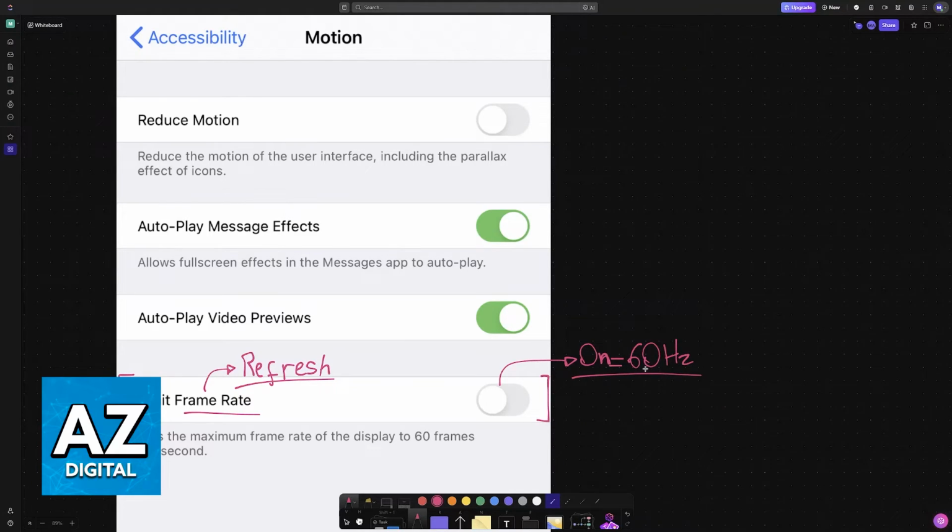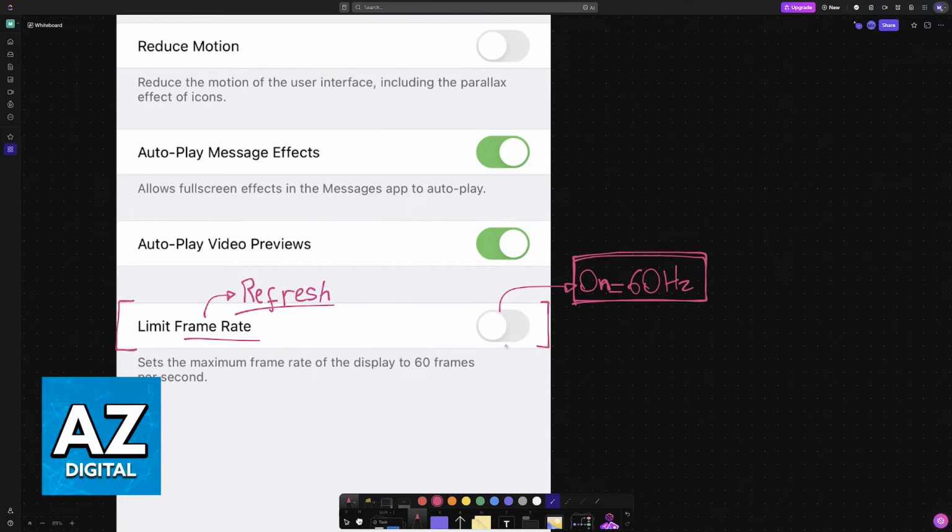This is better if higher refresh rates give you eye discomfort, so enabling this option will give you lower refresh rates. If you disable this option, which is the default, so if you have never changed this option, it will already be disabled, your refresh rate can go to upwards of 120 Hz. The reason why I say can go to upwards is because the screen will automatically adjust itself to the situation in order to save battery.